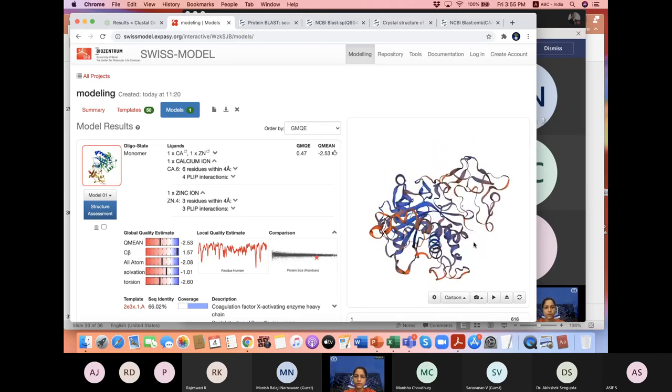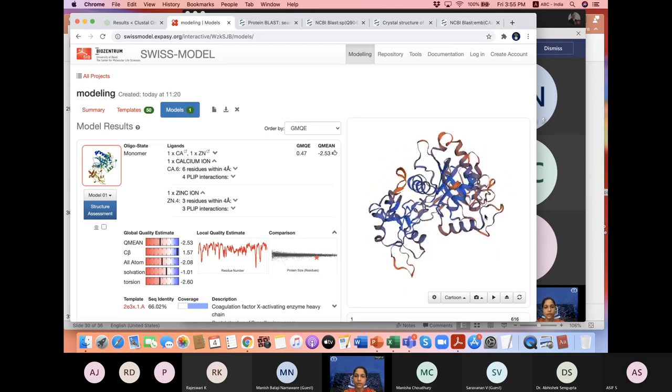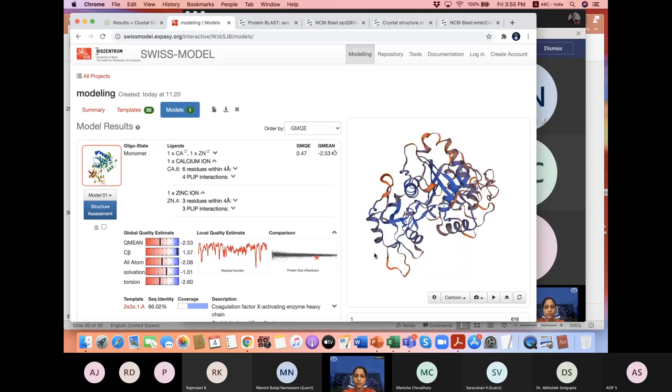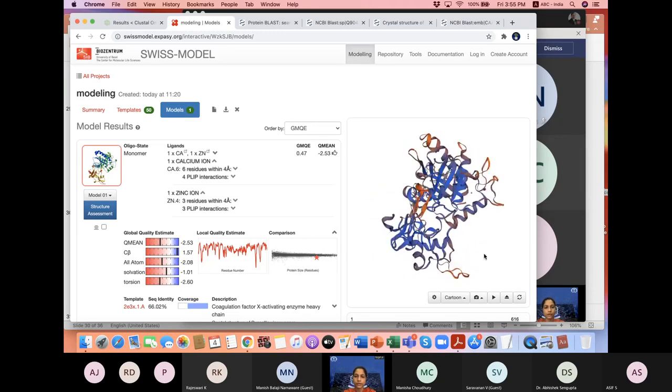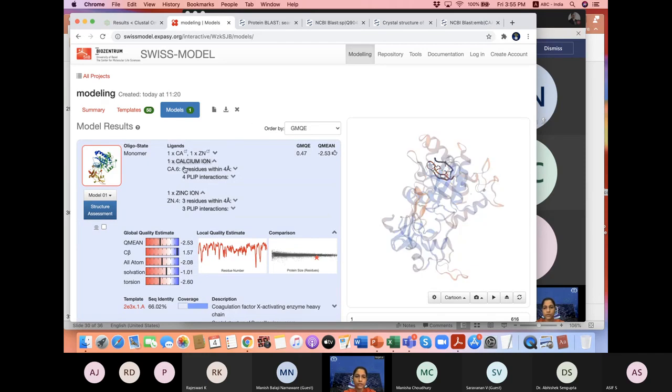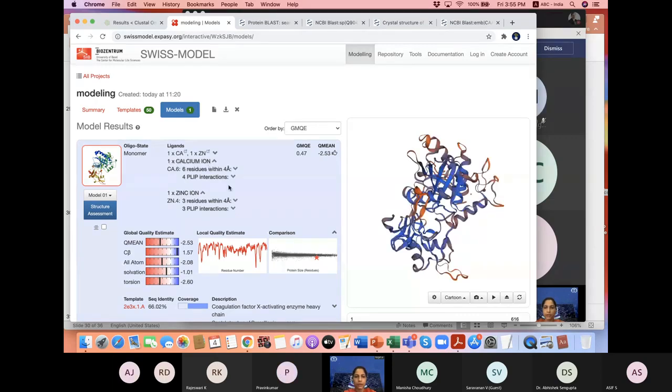Now once we have generated the model, we would also like to know whether the model is okay or it requires some refinement, right? So for that, you can see when we have generated the model, there is some information that the template structure that we have considered had a calcium ion, and also a zinc ion.